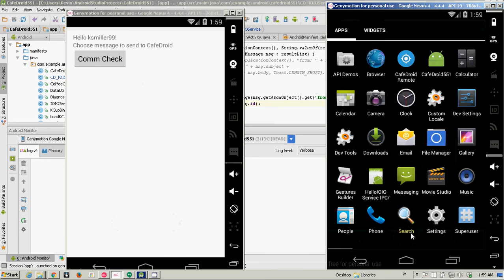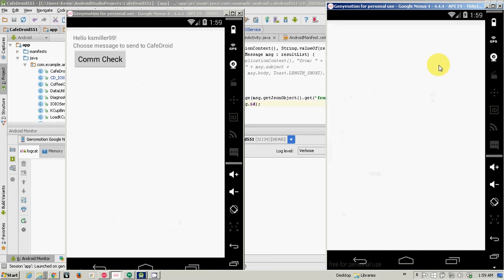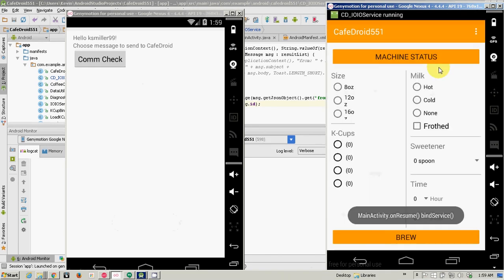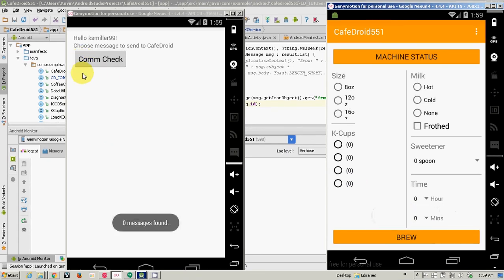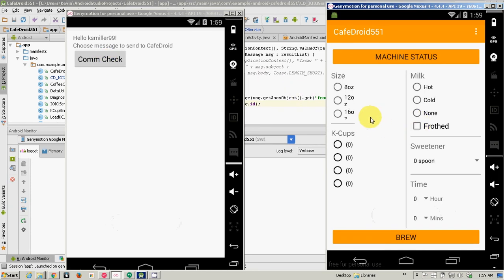Okay, let's start CafeDroid. Okay, logging in. CafeDroid doesn't have to log in because there's only one CafeDroid. Checking messages, zero messages. So now I can do a communications check. It's going to send a message over through buddy.com to the machine, and if the machine sees it,